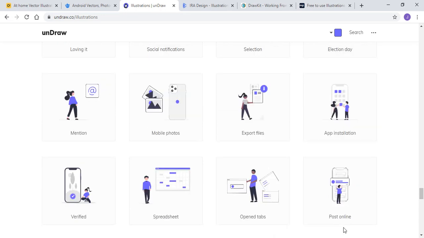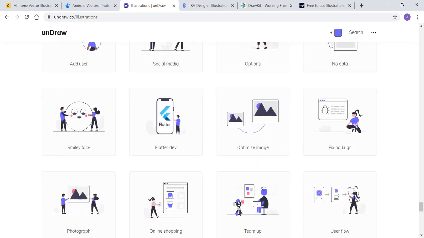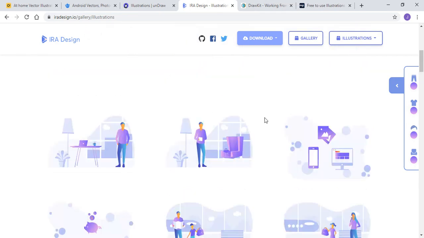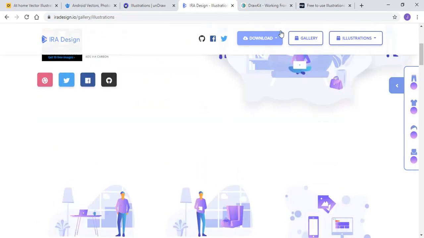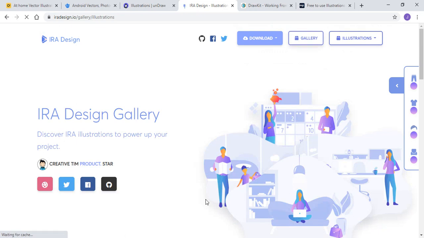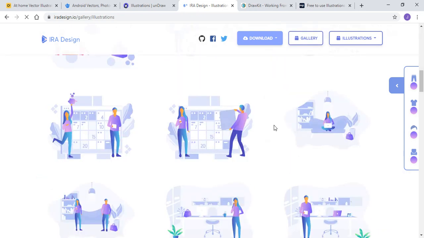Okay, the next illustration website is Ira Design. It's a gallery of illustrations. So here you can see all the designs, and you can also download them, and you can download or view its gallery for a particular image. And if you want to make your custom illustration, then you can search for background here.